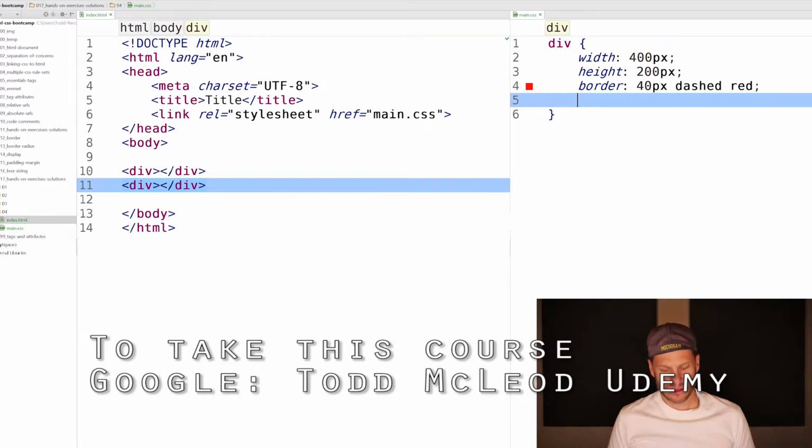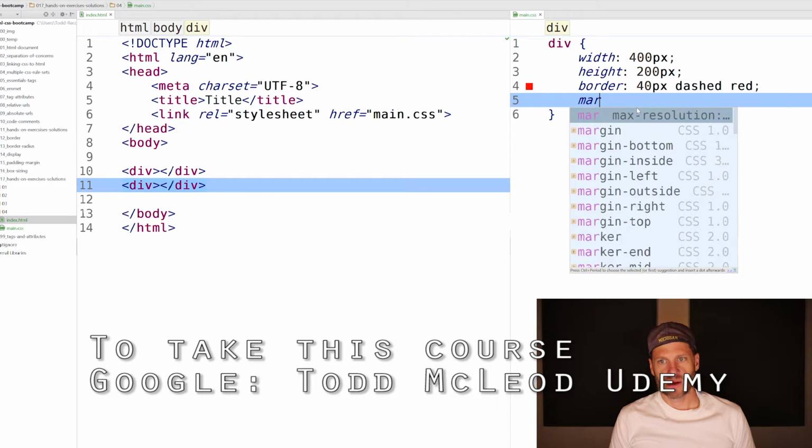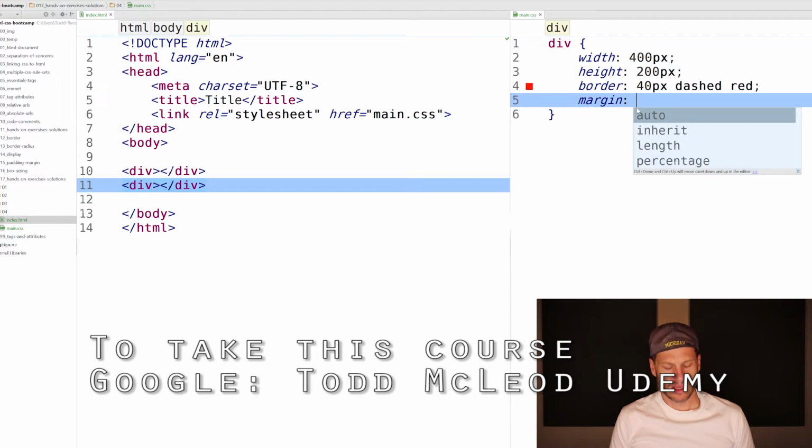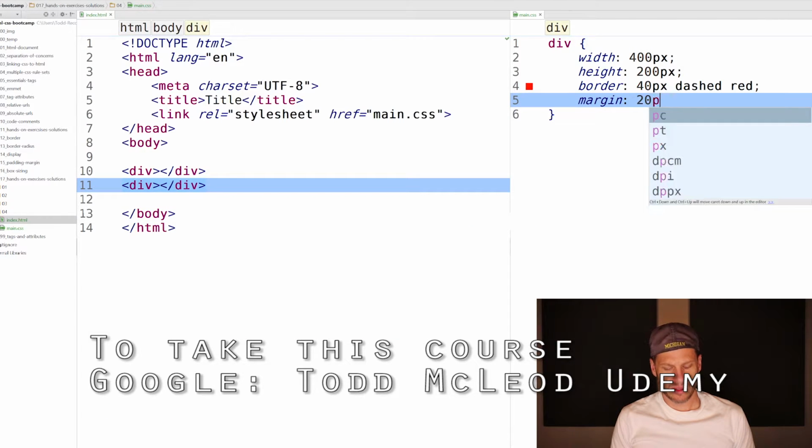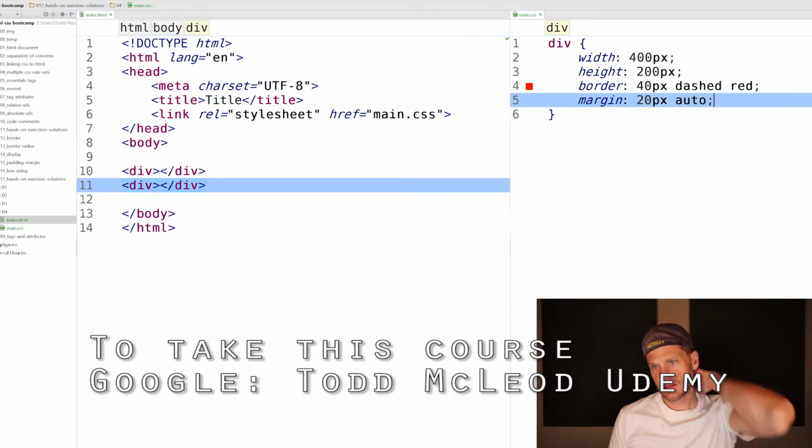And cool, so 400, 240 pix dashed red. And margin, I always say marring, I don't know why. Typing 20 pixels auto. And again, this is the top and bottom. We'll have a margin of 20 pixels. And the right and left will be automatically made equal, which will center this